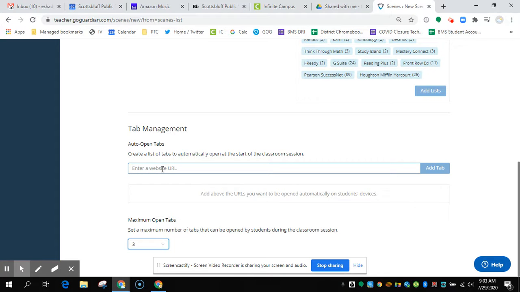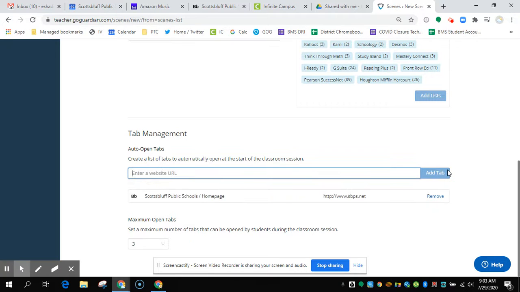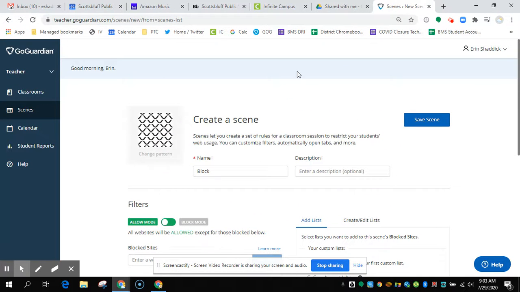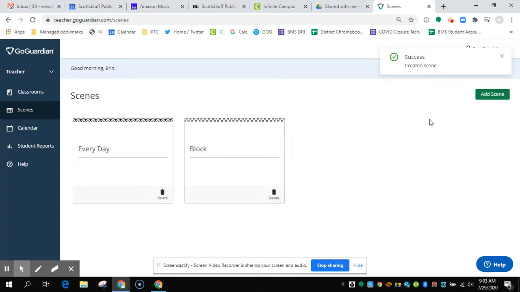You can have a website that automatically opens up when students come into your class period. So it will open that tab when students enter your GoGuardian session. Any websites that you want to auto open when students enter your classroom, you'll enter in the auto open tabs spot. Once you've created your scene and you're done, just click Save Scene,